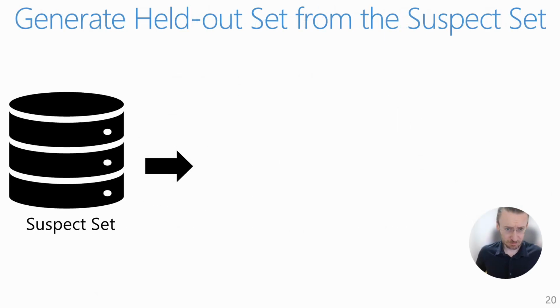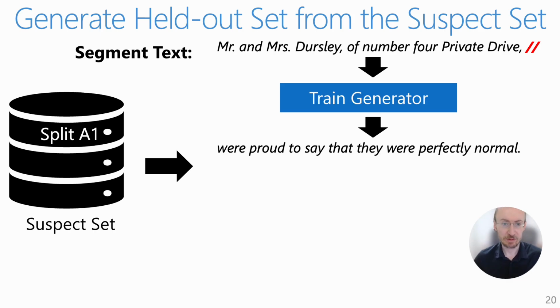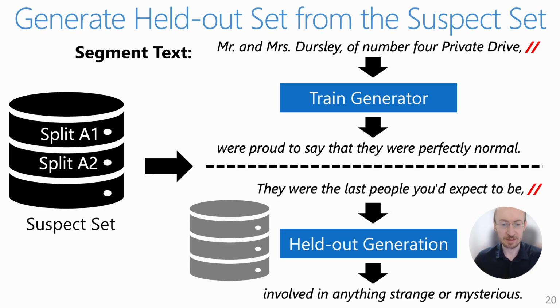So now we will show how to generate this held out set from this suspect set. First we take the snippets from the suspect set and segment them. We divide them into prefix and also corresponding suffix. Having prepared this data, we train a generator model to complete the suffix given a prefix. Once we train this generator, we use it on the second split of the suspect set to generate the